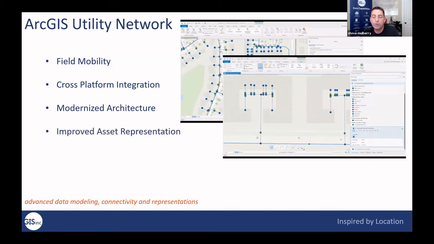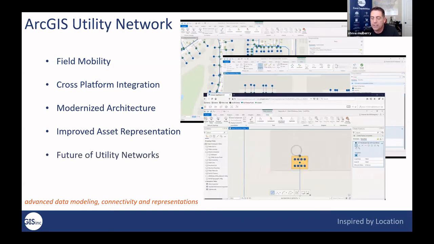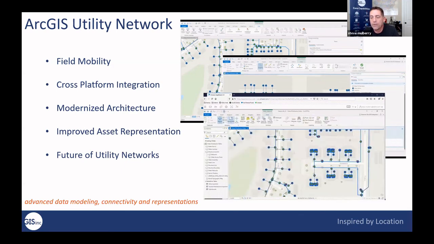You get improved asset representation. So this concept of a high fidelity data model, right? Looking at connectivity and asset directionality and terminals and containments, associations, all of those are embedded in this improved asset representation. And to be honest, we spent a lot of time, years, honing in on this data model and schema and the tools there. So it's really the future of how Esri is going to allow us to work and